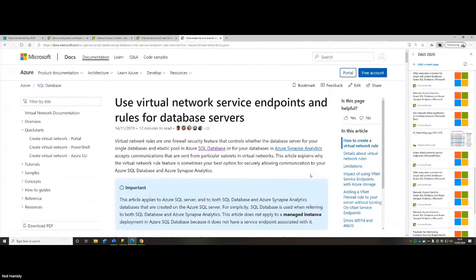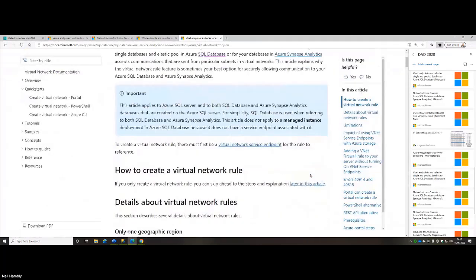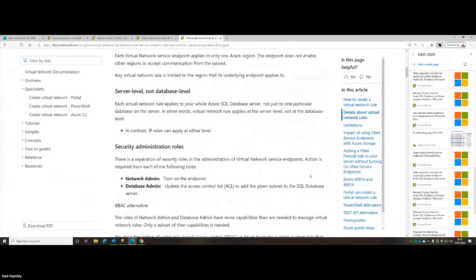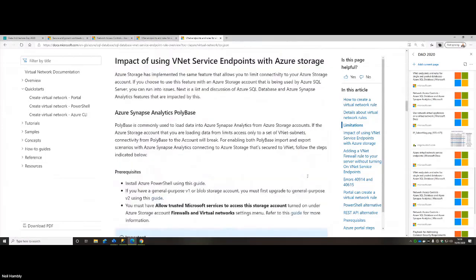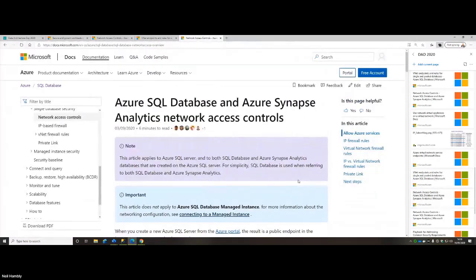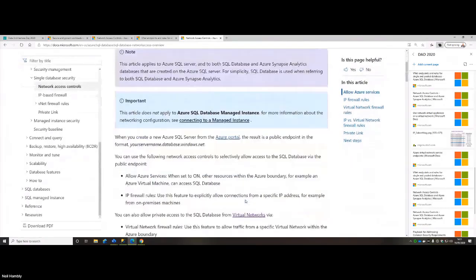There are some sample documents here about how to go about setting these up, how to do the different things, and what the impact of these is. They're going to have additional resources or different approaches for your Azure SQL database, data warehouse or Synapse Analytics, and your managed instance. There are two different approaches because one has public IPs or PIPs and one doesn't, like the database managed instance. But we have different ways of securing that very nicely. So just be aware of what type you're deploying.